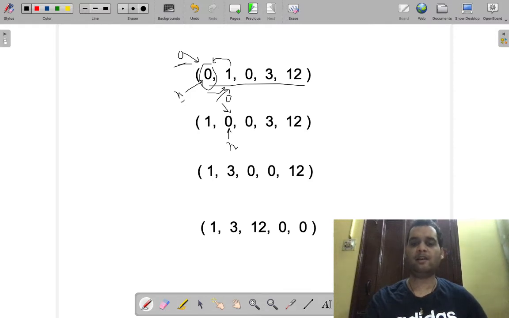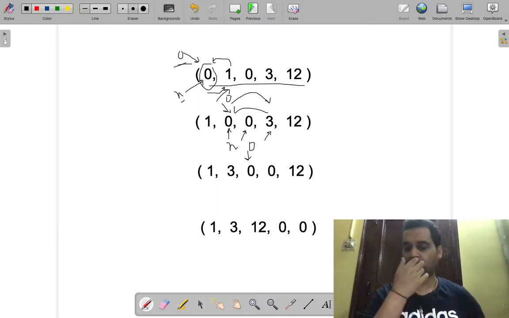So now the last zero index is here, and n is also here in the last iteration. It will check, it is non-zero, so it will iterate to the next item, which is also non-zero. The last zero index will stay here only. Then it comes to 3. So 3 is non-zero, so it will swap it with 0 and increment the last zero index. So 0 will come here, and that 3 will go there. The last zero index is here, and n is also at the end of it.